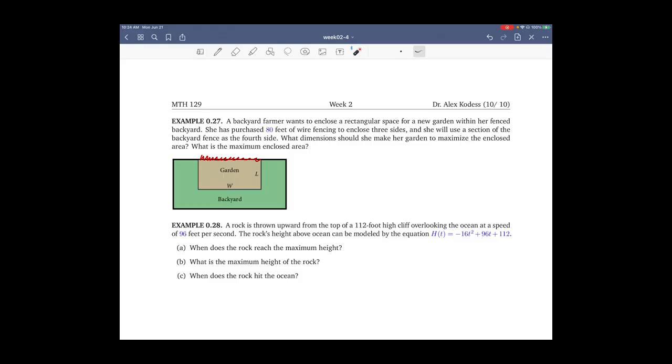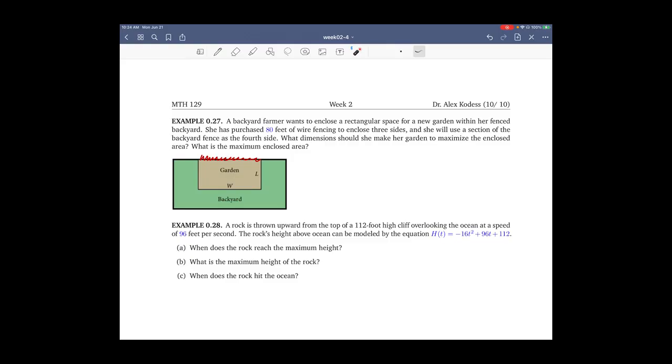So the idea is this: we can build a rectangle like this, or a rectangle like this, or maybe a rectangle like this. All of them should have the property that the sum of the lengths of these three sides, 1, 2, 3, is 80. Naturally, we want to use the entire fencing we purchased to maximize the area. It's not immediately clear which one of these rectangles will deliver the largest enclosed area. That is what we need to compute,